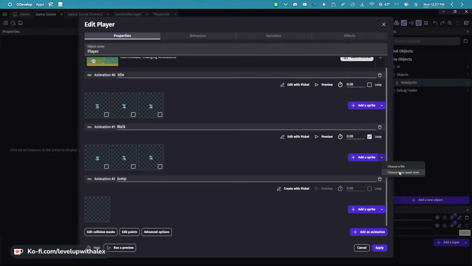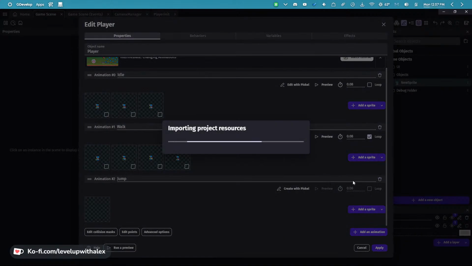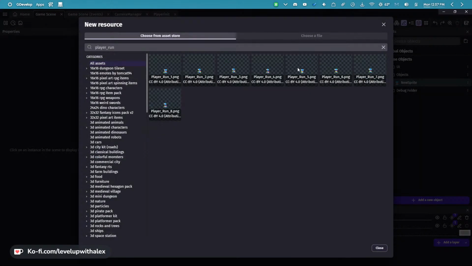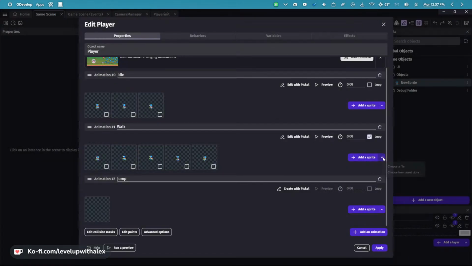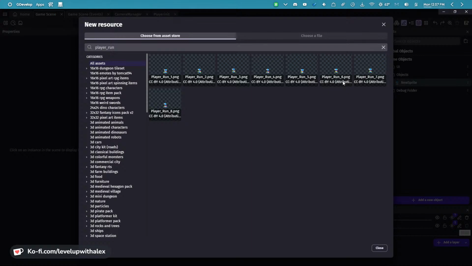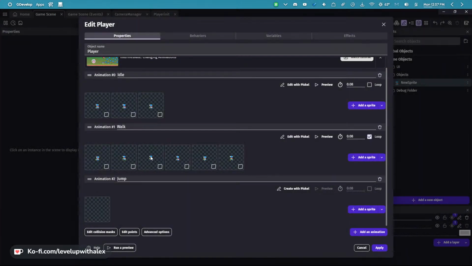I'm going to raise that up to the staff. Maybe there is a way to do that, and I'm just unaware of it because I normally import my own stuff, so this normally doesn't bother me. 1, 2, 3, 4, 5, 6, 7, and 8. Okay, we're going to loop. So the idle should be a loop. The walk should be a loop, but the jumping should not, because with loops, you don't generally jump and continuously go